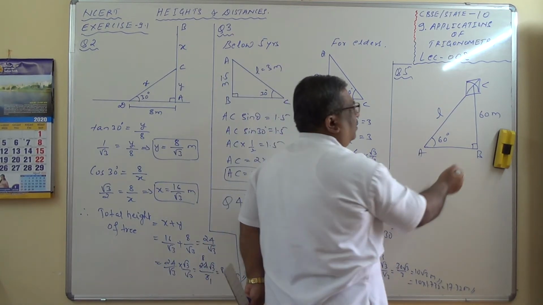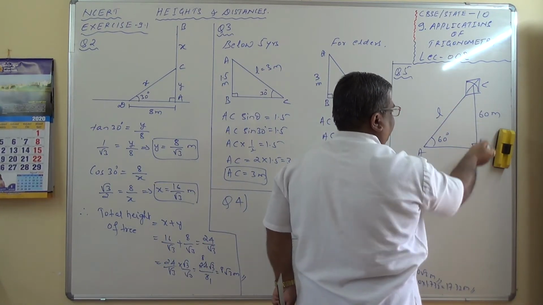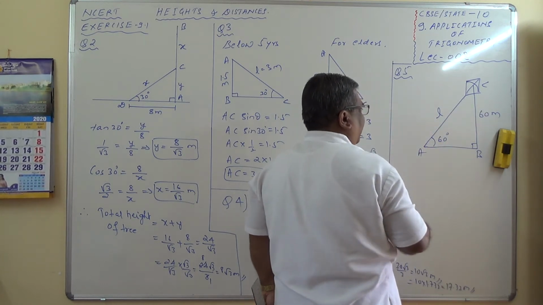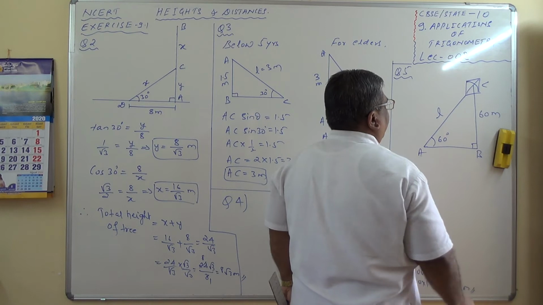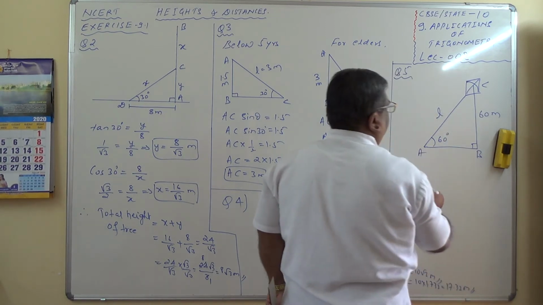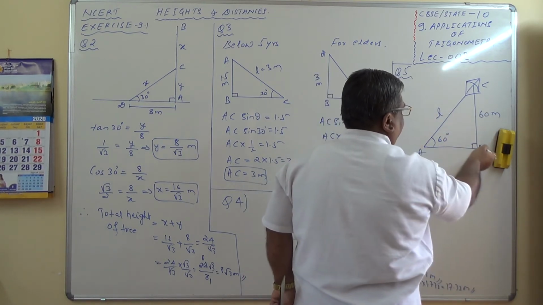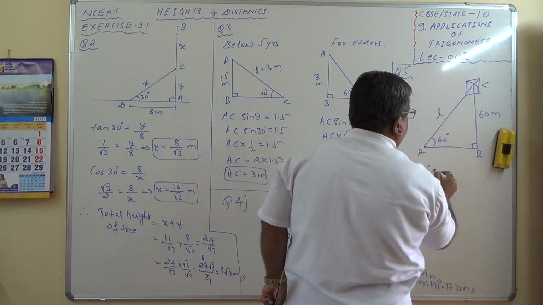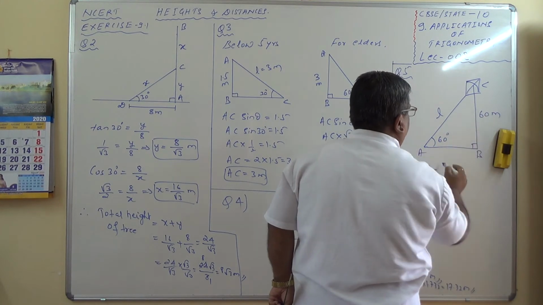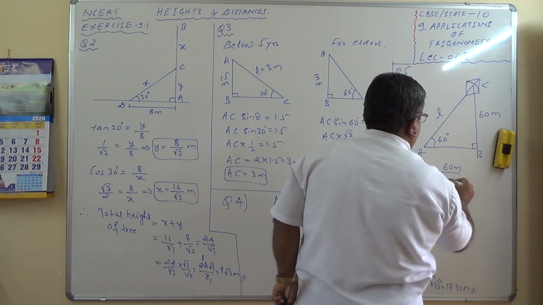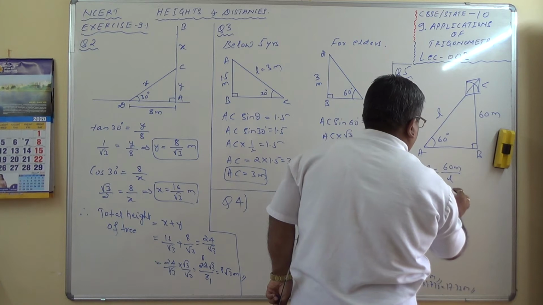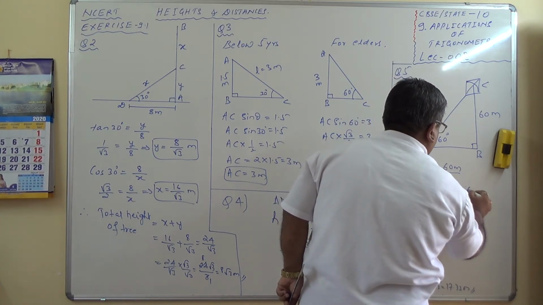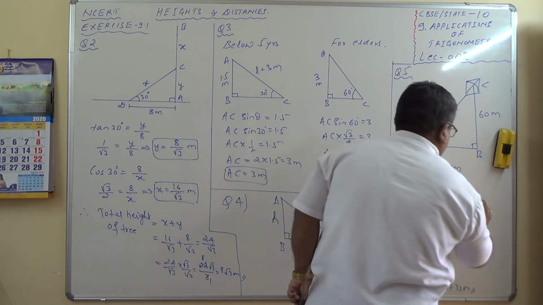Here, question number 5. This is a kite which is flying at a height of 60 meters above the ground, and this string is stretched and making an angle of 60 degrees with the ground, and we need to find out the length of the string over here. So we know this distance L we need to find out. Therefore, sine 60 degrees equals opposite by hypotenuse, 60 meter divided by L. Therefore, L equals 60 by sine of 60 degrees, which is 60 divided by root 3 by 2.